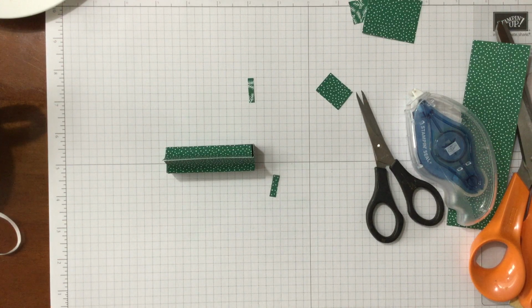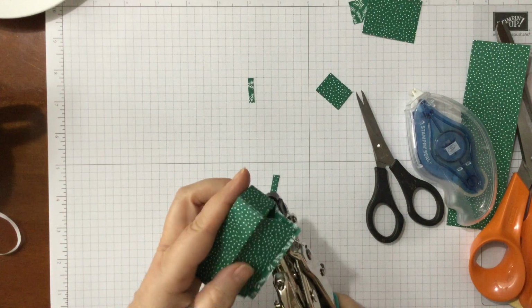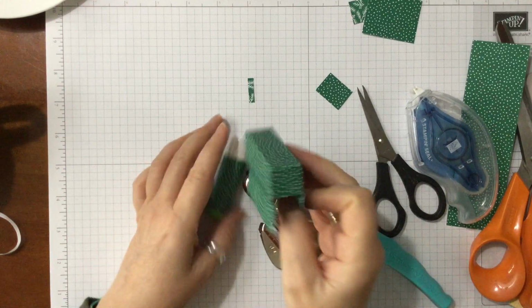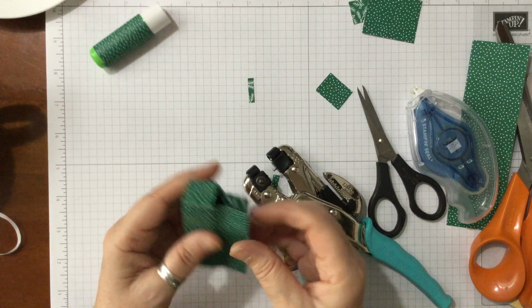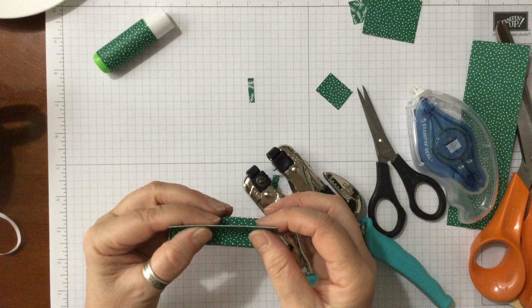So I'm going to get my crocodile, and we're just going to put a little bit of ribbon through on here. You can tie it with whatever you want. You can do it with a clip or a, let me just take the lip balm out for a minute and then we'll get on to decorating it. So make sure that your top pieces are together,